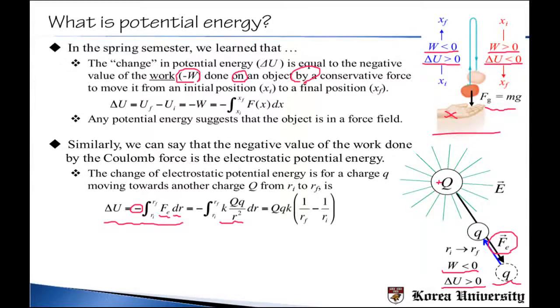And then we integrate with dr. If you integrate 1 over r squared, what do you get? Minus 1 over r. Because we already have a minus over there, we actually get 1 over r, right? And then you integrate from r initial position to r final position, and this is what you get, and the rest are just constants. Simply, this is how you calculate the change in potential energy